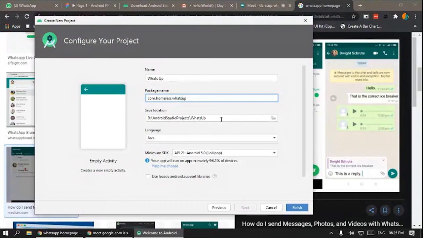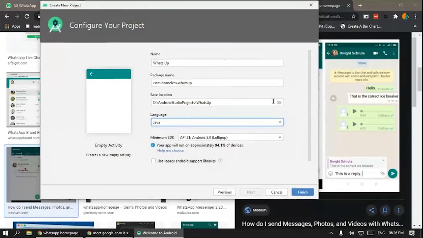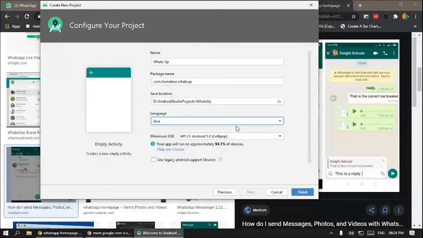This is the save location. It is also self-explanatory, like where you need to save your project and all. Language. Yeah, here is the main part. I am teaching you Java. I'm not exactly teaching you Java. After this class, you are very much good to go with Kotlin. But for now, I'm choosing Java, and I'm not going to teach you any Java. So if you choose Kotlin or Java, you need to figure it out yourself. So there is no big deal there.